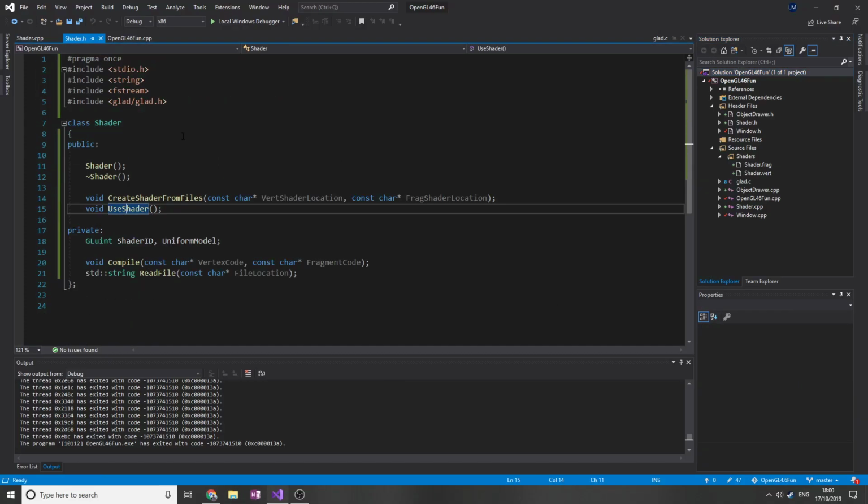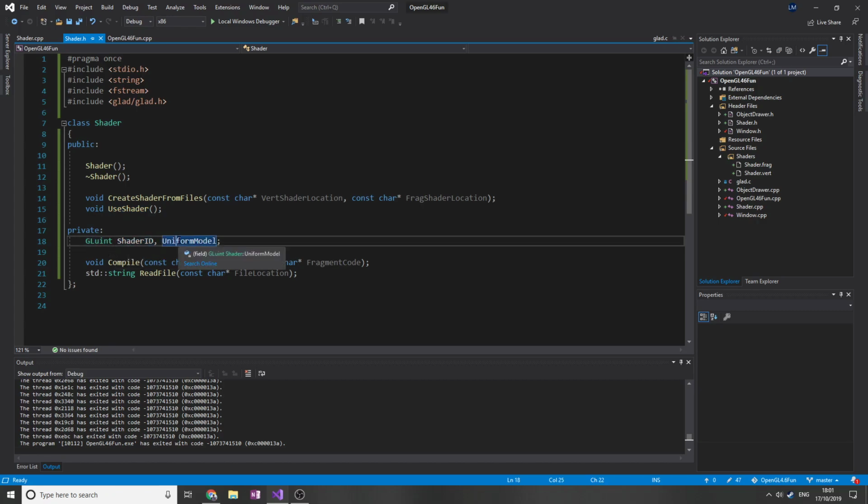Inside the shader program, in the shader function, we have included the stdio so we can print to the console, the strings so we can actually use the strings that are returned from fstream, which is all about being able to use files and open and write to the files on the computer rather than just inside the code. So hopefully that makes sense. I didn't explain it very well, and then we just included glad for all the GL functions, and then we got the constructor, deconstructor, create from files, which is the function I went over before, use shader,